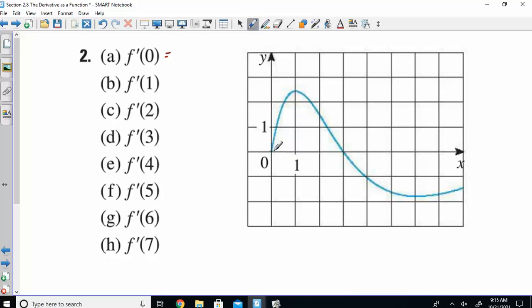So f prime of 0 means you have to draw your tangent line at 0. Now I struggle with this a bit, trying to draw a straight line up here, but give it your best shot. So a tangent line hits it at that point. You might need to use a sheet of paper to kind of draw that straight line. We are approximating here. We don't have this down to a science by any means. And then we need to calculate slope here, so rise over run. So if I just took these points, I would go up 2